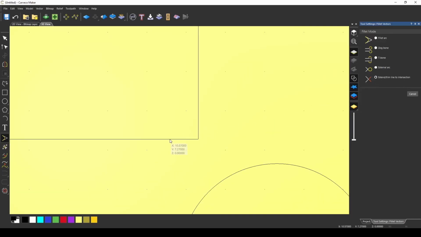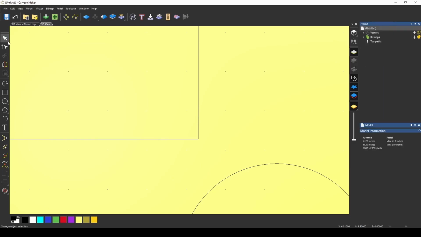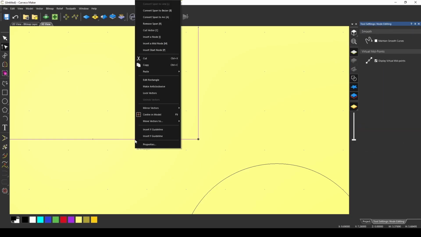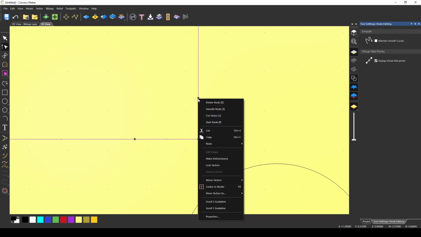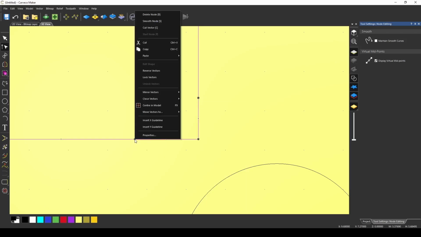What this one is used for is if you're missing this corner. If I go really quick to my node editor, if you want to insert a node, let's say that you need to have a node here. We don't have one. We can insert a node with the I button, or we can click it here. You also can put nodes at the midpoints, and you also can change where your start node is. Those are all node features. We're going to insert a node here, and I'm also going to insert one here by pressing I. In order to cut these two nodes, I can press C or cut the node. If I wanted to delete that node, I could press D or delete the node. I don't want to delete it, but I do want to show you that.